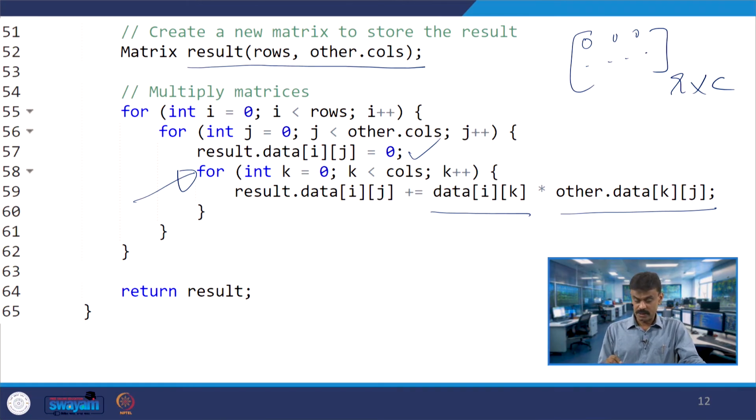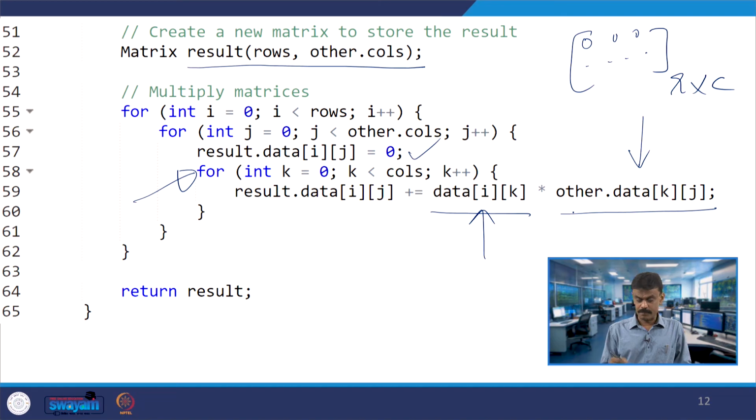In one of the matrices you are accessing other dot data, and in another one data of i comma k. Sooner or later we are going to talk about this pointer, correct. When I want to print this particular case, on the left-hand side you have result dot and then on the right other dot, whereas here you do not have it. Suppose I use this arrow operator or dot operator, then this will work. Sooner or later we are going to talk about this concept of the this pointer.